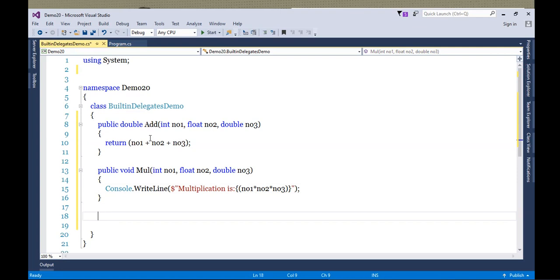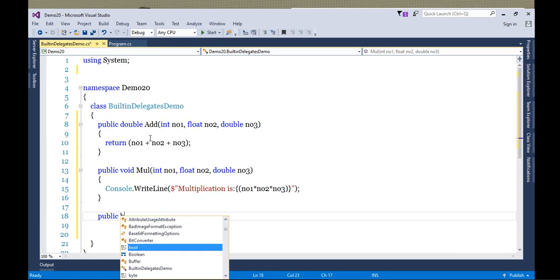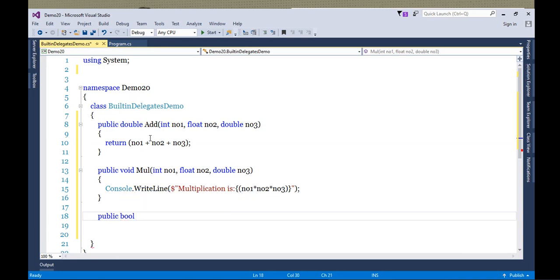And then last, we'll take the third method, which is, let's say, GetLength. It is returning boolean, string str.